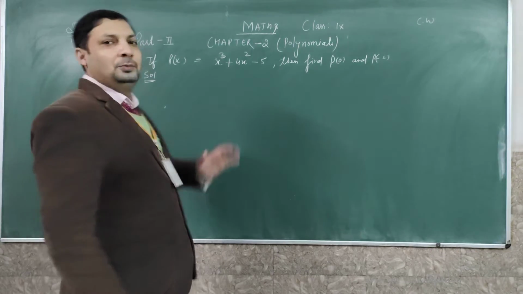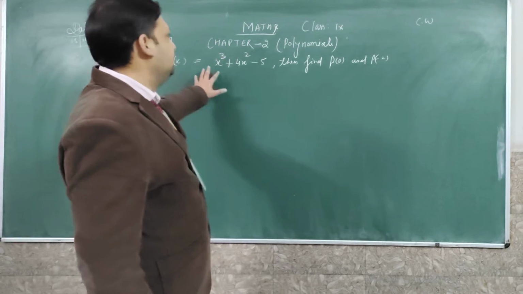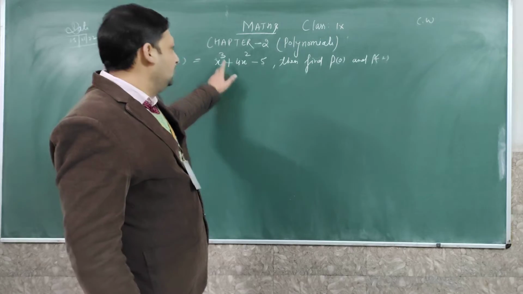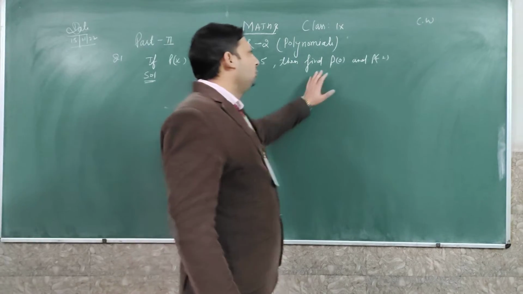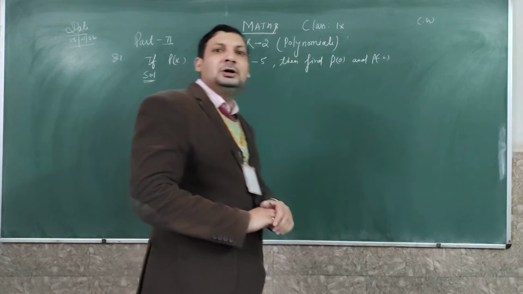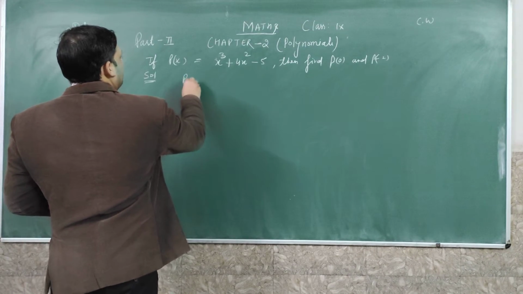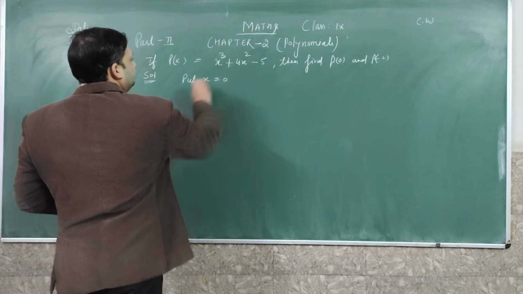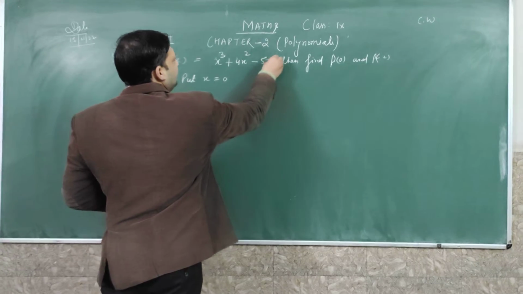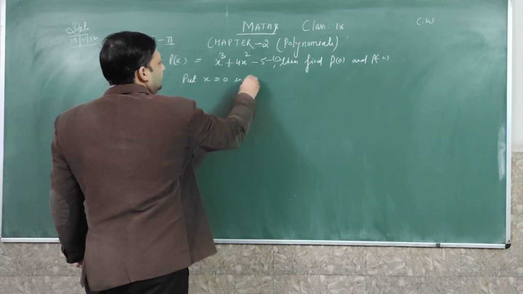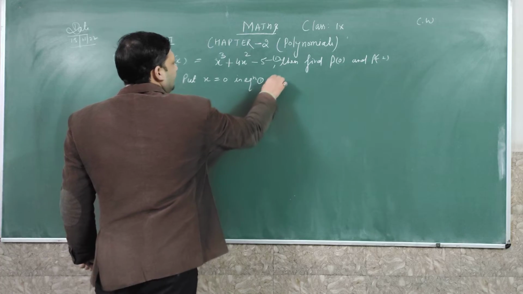We have been given a polynomial. The highest power is 3, which means it is called a cubic polynomial. Now what do we have to do? We have to put in the value first. We have to put 0, so we put x equal to 0. I will name this equation number 1. We will put x equal to 0 in equation 1. We get